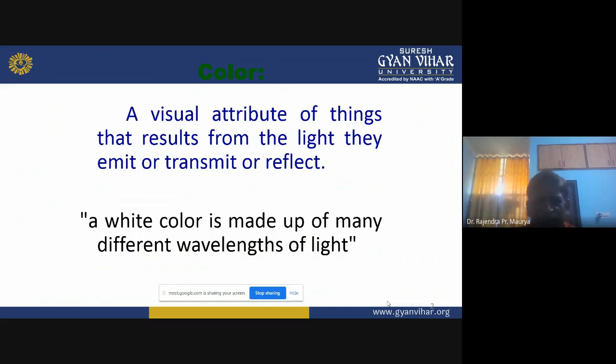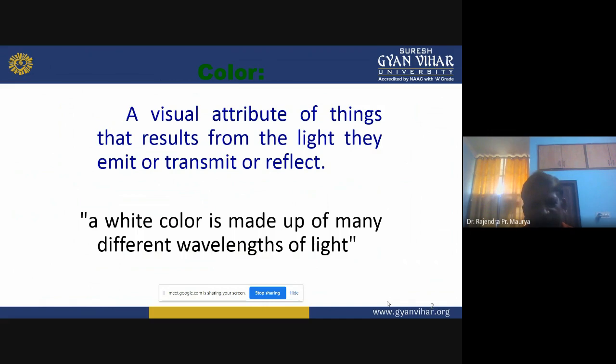Color is a visual attribute of things that results from the light they emit, transmit or reflect. White color is made up of many different wavelengths of light, so we can say it is a combination of different colors.